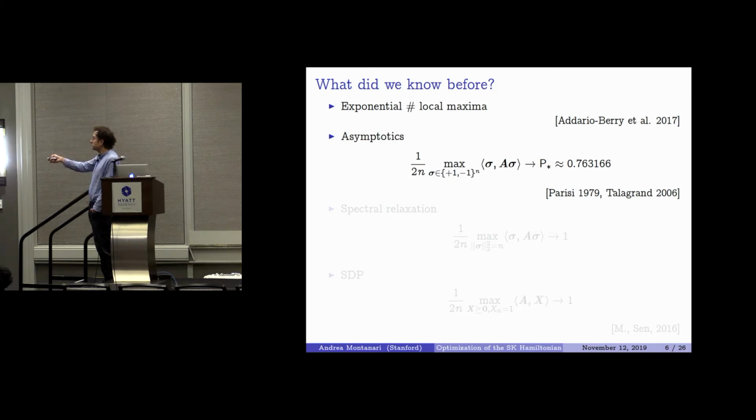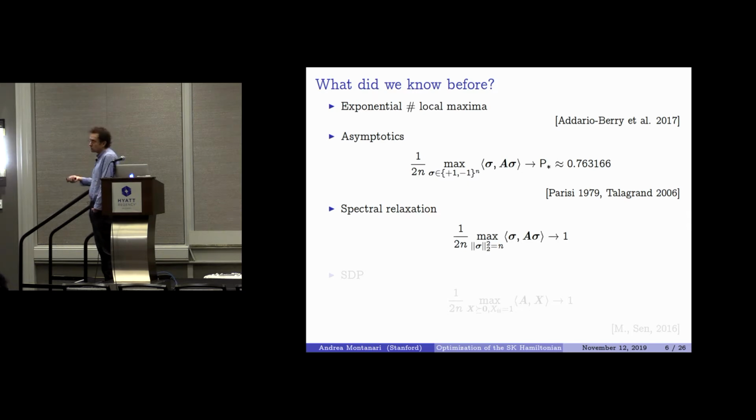We know the asymptotic value of the optimum. If you scale it by 1 over n, this converges to a constant that is about 0.763. This was conjectured, obtained non-rigorously by Parisi in '79 and proved by Talagrand in 2006. You can then try convex relaxations. If you do the spectral relaxation, you get that the value of the spectral relaxation converges to 1. So it's wrong by a factor